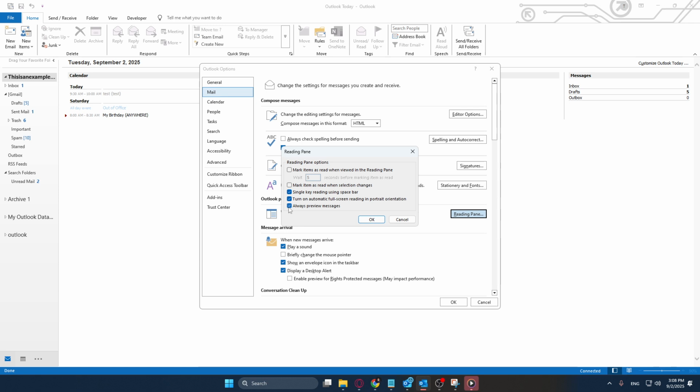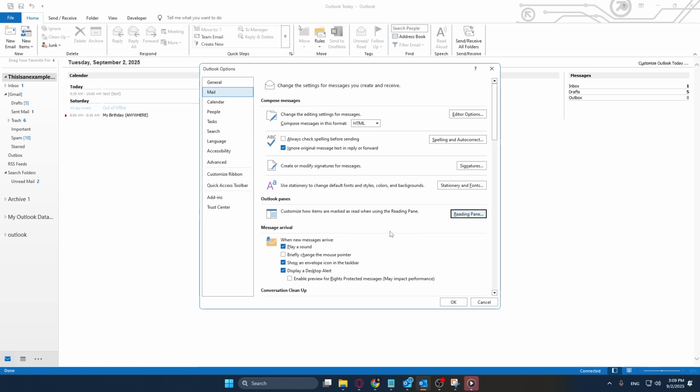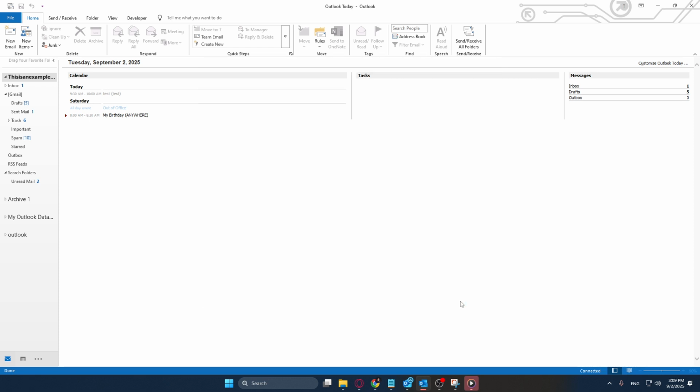After you've made all these adjustments, go ahead and click OK to confirm and save your changes. Congratulations! You've successfully customized your email viewing preferences in Outlook for a more tailored experience. Making these tweaks helps ensure that you maintain control over your inbox, avoid marking important unread emails inadvertently, and improve